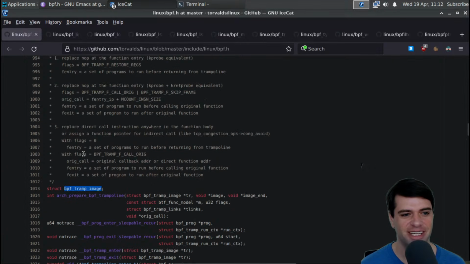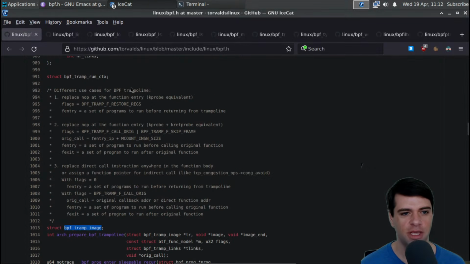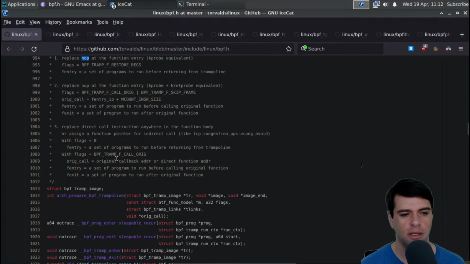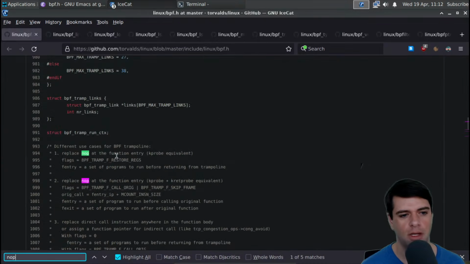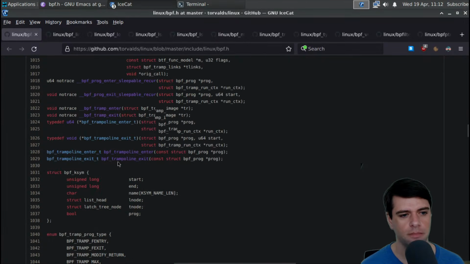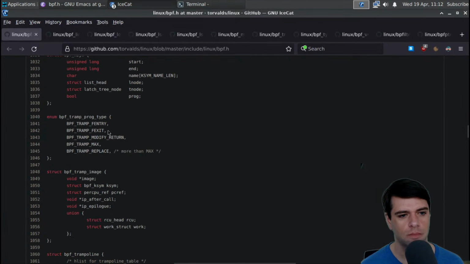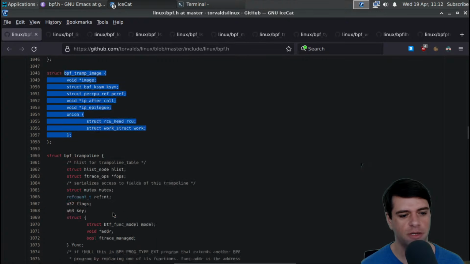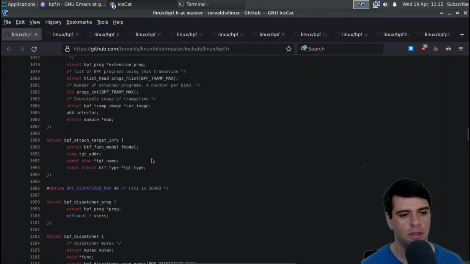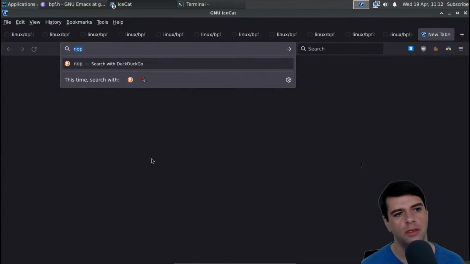BPF tramp image. It's kind of a funny name. Different use cases for BPF trampoline. Replace NOP at the function entry, kprobe equivalent. Replace direct call instruction anywhere in the function body. I don't know what NOP is. And we've got a bunch of stuff, trampoline image, etc. BPF trampoline. Let me see if we can find